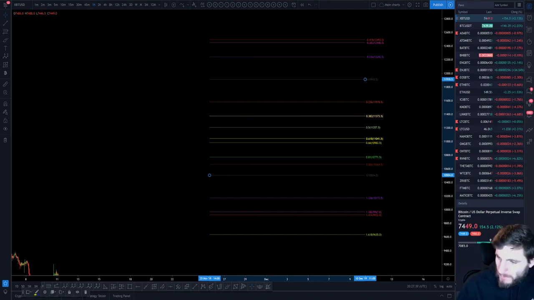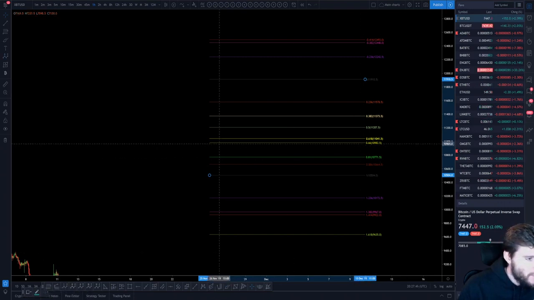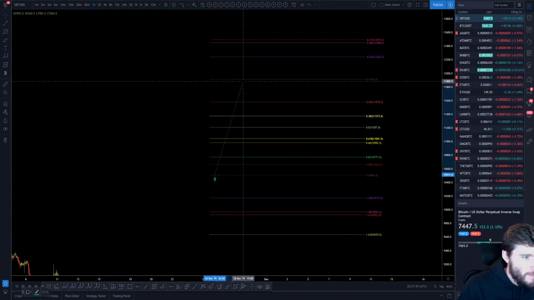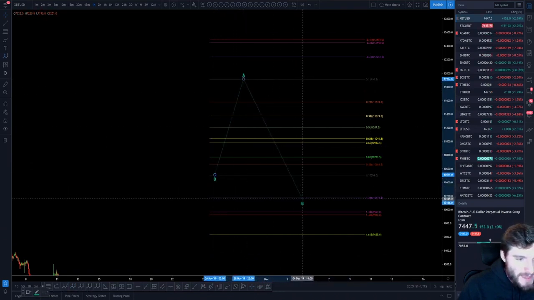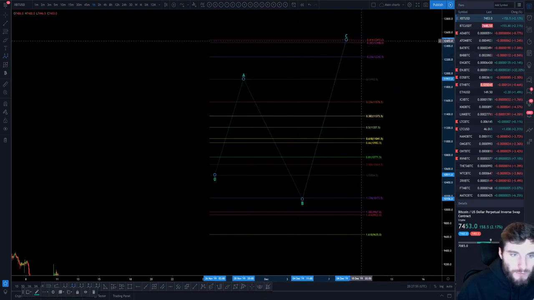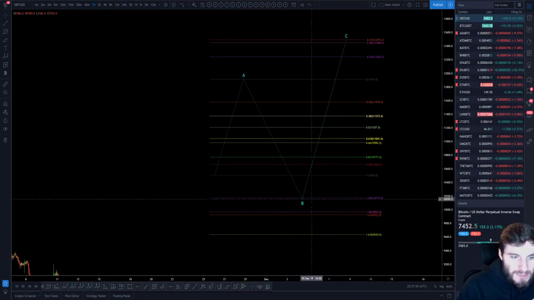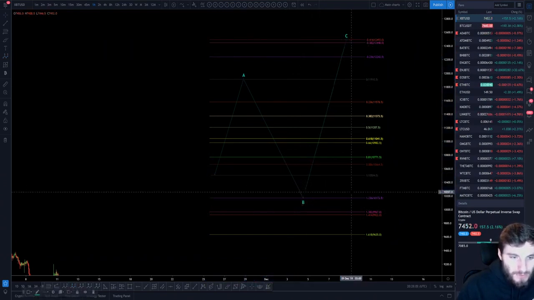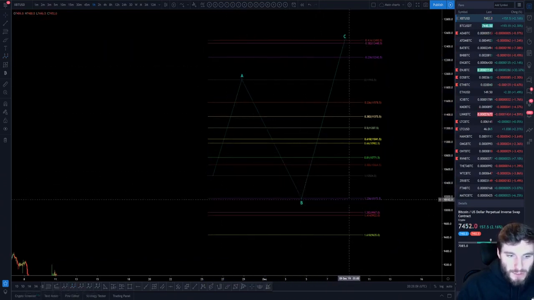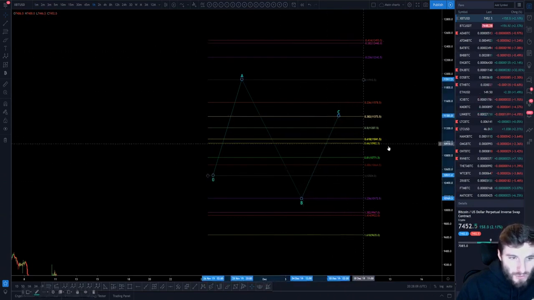But the question was, in case of an expanded or running flat, is there a way to measure the expansion of the B wave? Well, I guess so. For instance, let's say you go A, B, and you expand to the 1.236. Then you can be looking for a negative 4, 1.4. So you've got Fibonacci relationships, but this is really off topic. But yeah, you do get fib relationships between expanded and running flats.